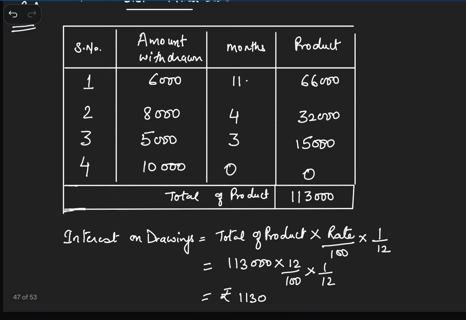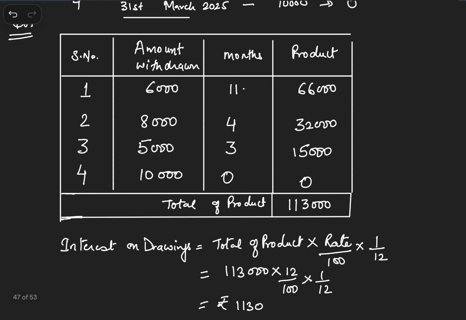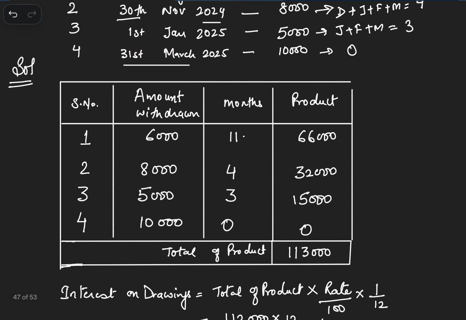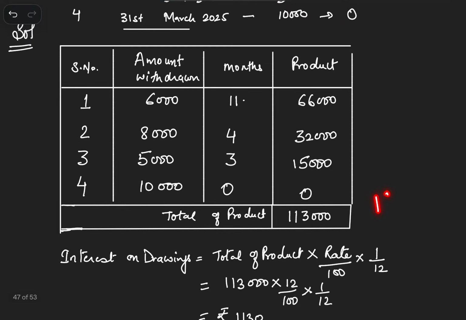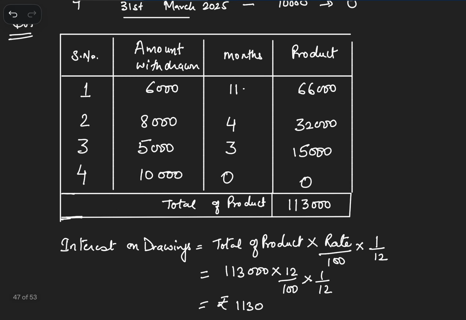The formula as per the product method is interest on drawings equals total of product multiplied by rate upon 100 multiplied by 1 by 12. See, the total of the product is 1,13,000. The rate given in the question is 12% per annum, using it up here, and 1 by 12 as per the formula. So the interest calculated here is